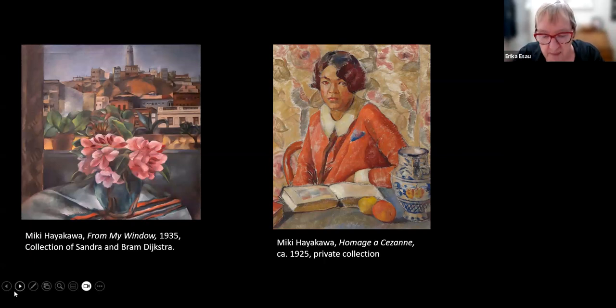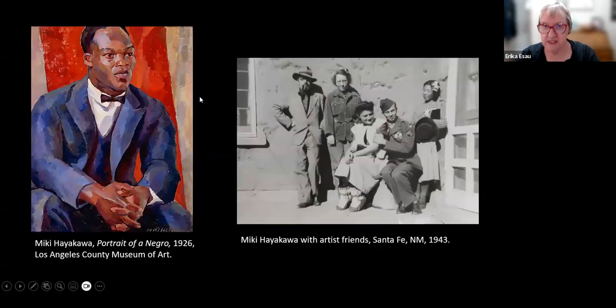She was very much a part of the community and was able to exhibit at the opening of the San Francisco Art Institute, or not the Art Institute, the American Art,